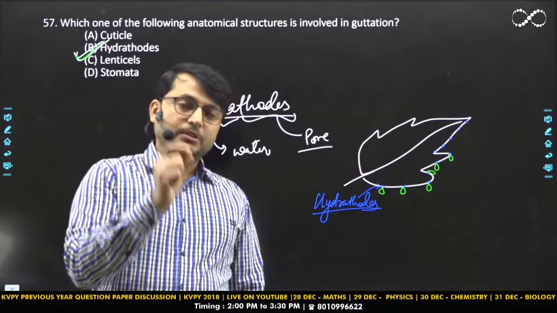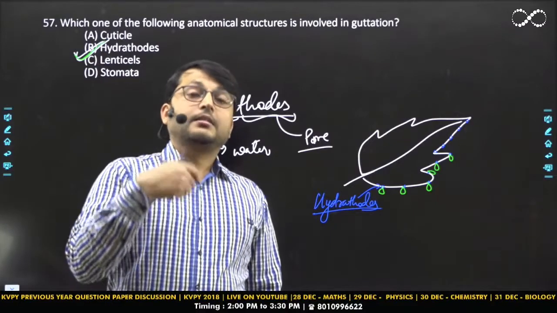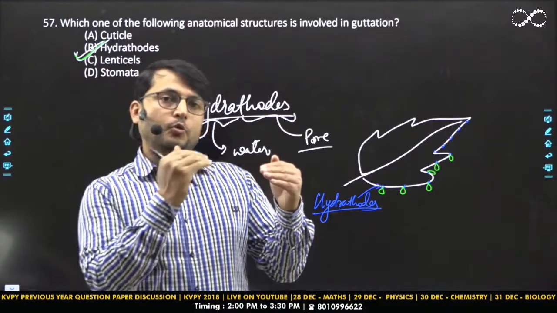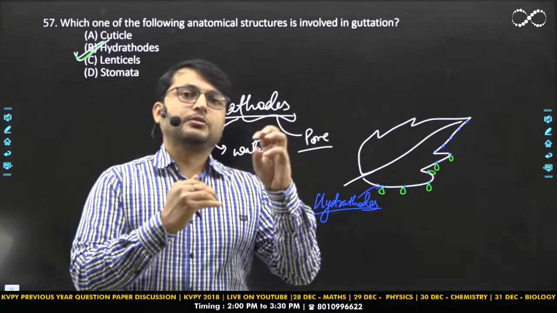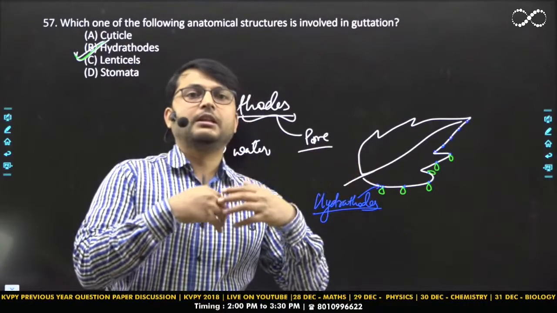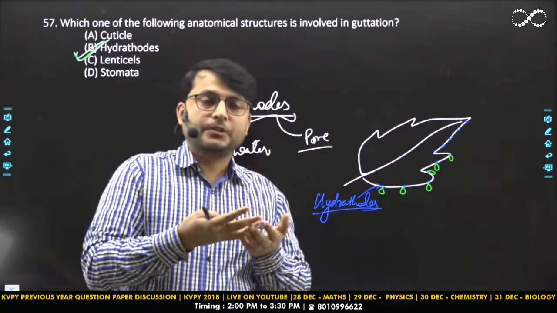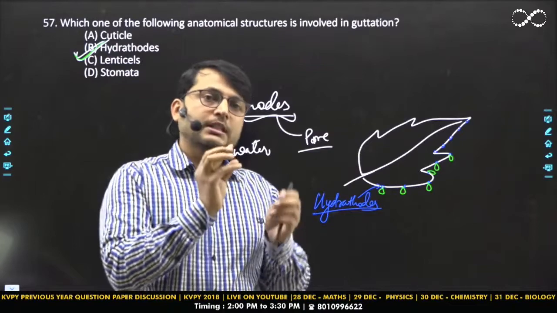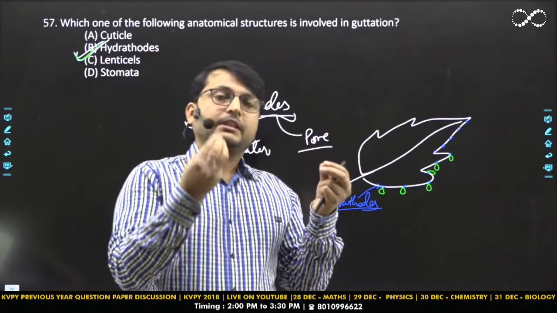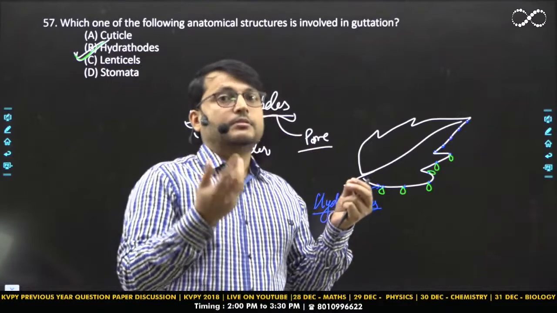When the rate of transpiration is less as compared to root pressure, that is, the root is pushing more water but less water is being lost in the form of water vapor through transpiration, what will happen to the extra pressure? Extra pressure would cause some of the water droplets to be removed via the hydathodes,